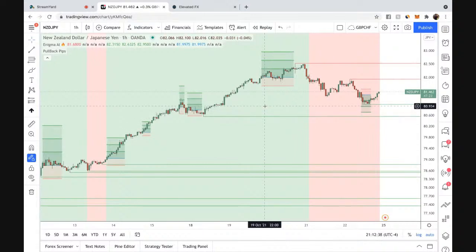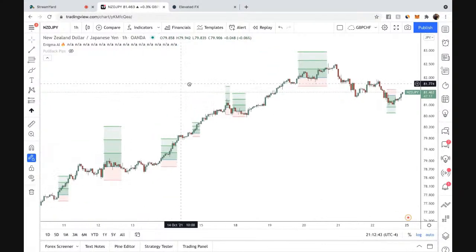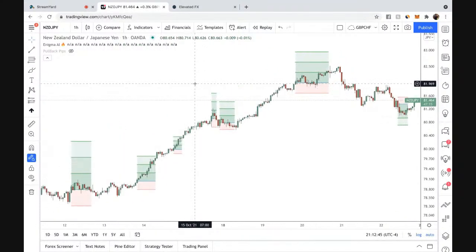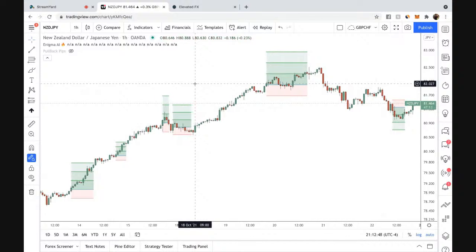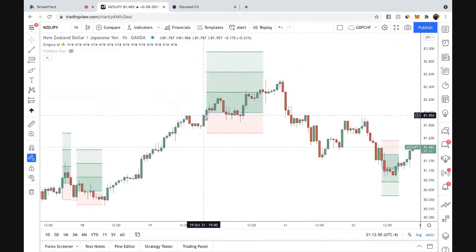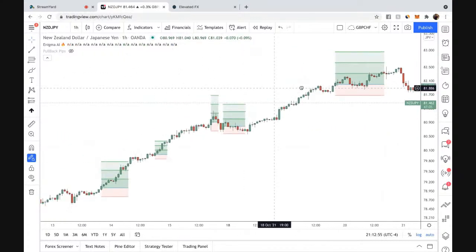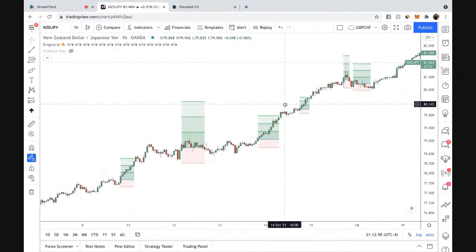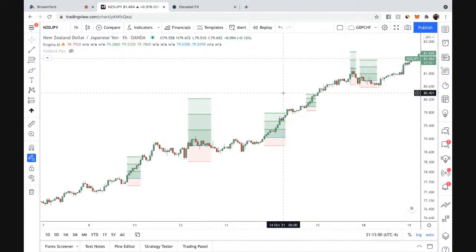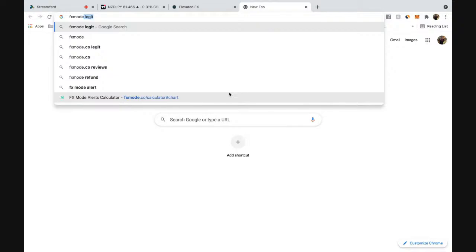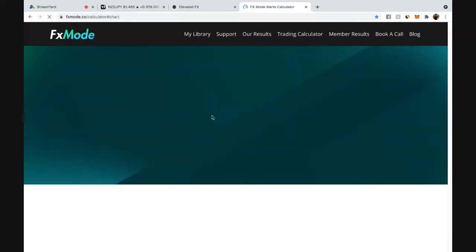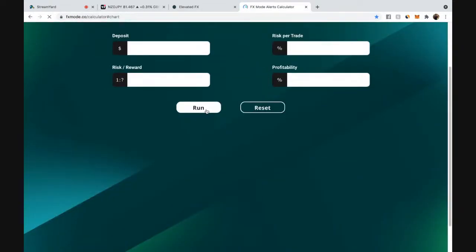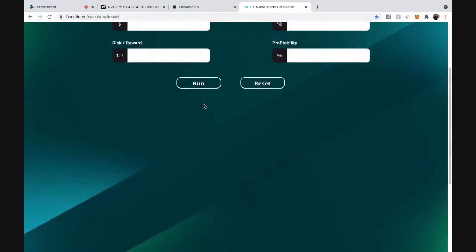Now, just to give you guys a brief overview on both of these systems, Enigma is an institutional trading system that sends out 3-to-1 reward to risk ratios, right? So look at that. For every dollar that you're risking, you're potentially making 3. Now you're going to notice with a system such as this, you don't have to be 100% accurate. In fact, let me show you a quick view of how accurate you can be when you have a system like this working in your favor.